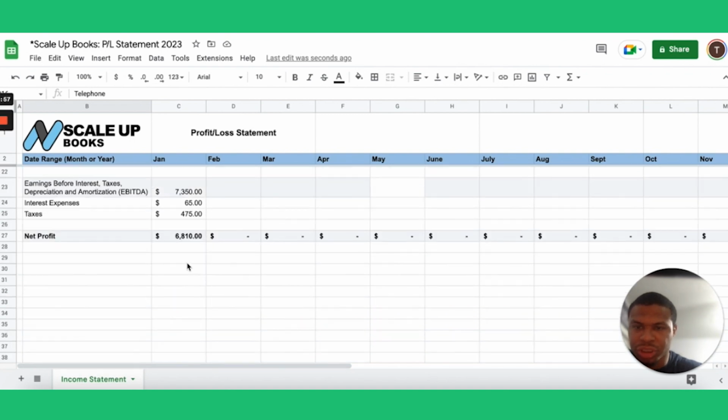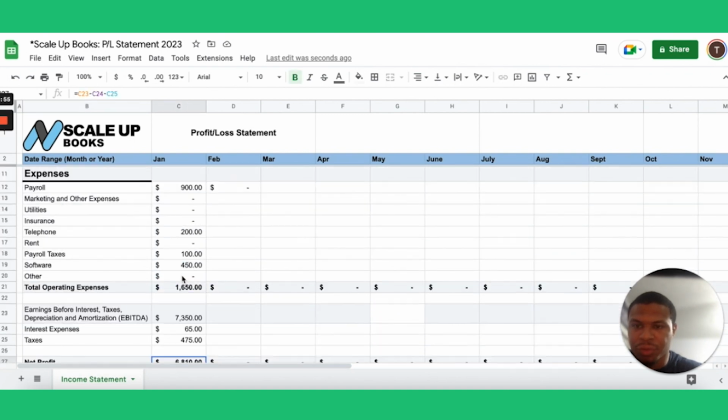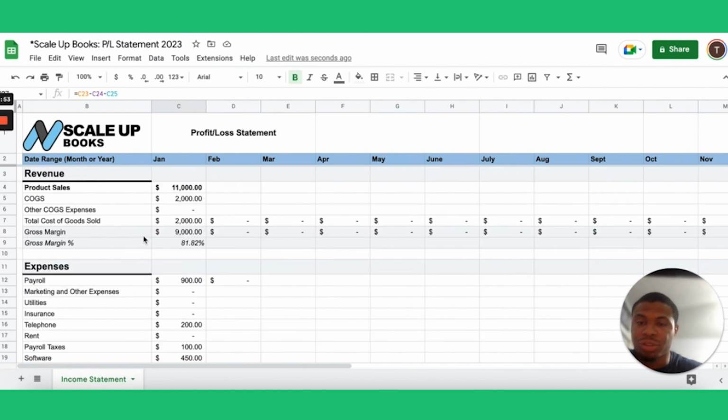Once you do that, you'll see that down below here, it'll calculate your net profit, and you'll be able to see what you're doing month to month. So this is a great, pretty simple way for you to be able to calculate all that information when it comes to doing your books. If you're just doing like a couple hundred,